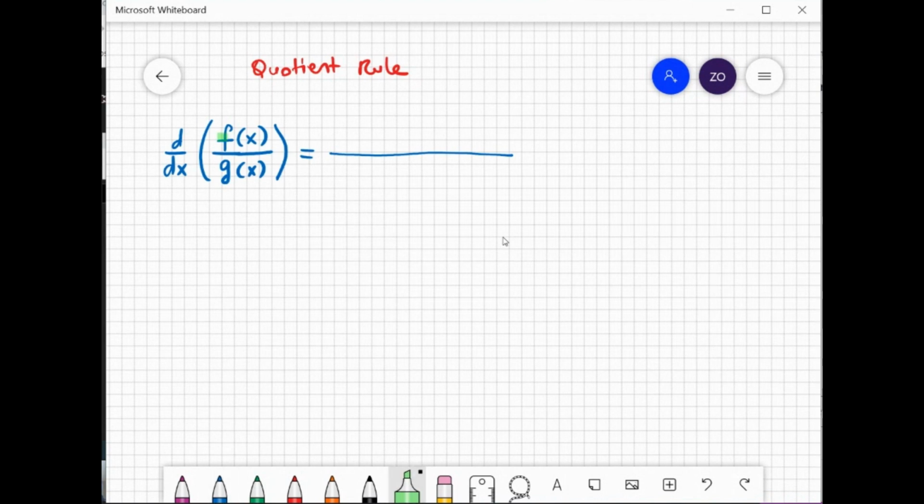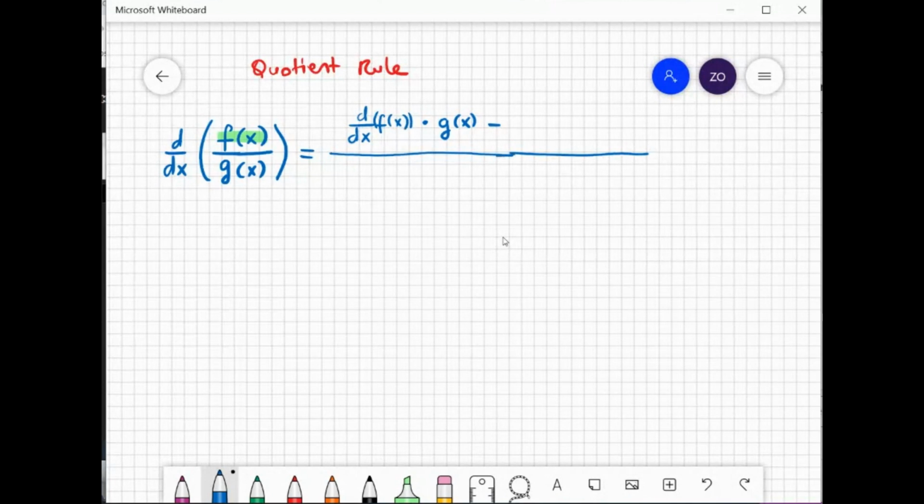By first, I mean the top function, okay? So the derivative of the first times the second function. Until this part, we start like we did with the product rule, minus,